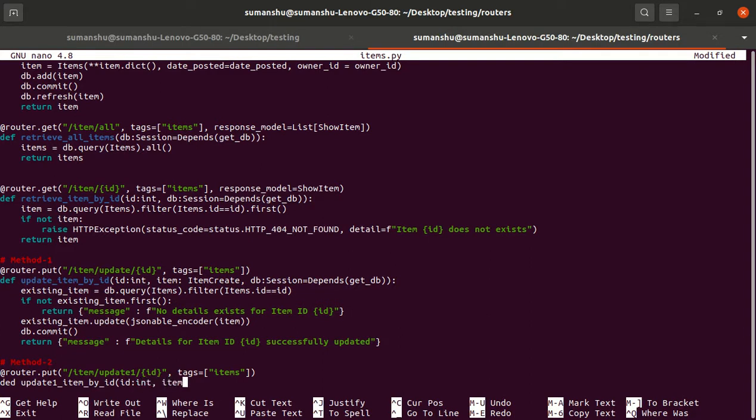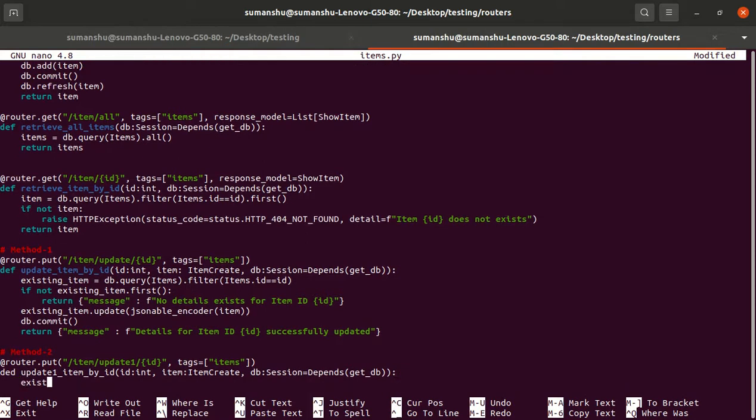It will also take a schema, for what we have to update. It will take a session object, and the session object depends upon the getDB function, whether we are fetching the test DB or the production DB. So everything should remain the same. First we fetch the existing item: db.query(items).filter(items.id == id).